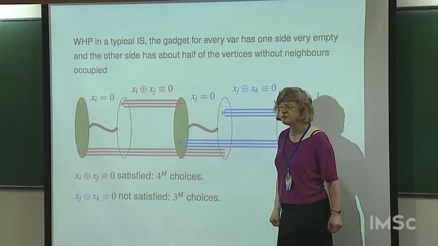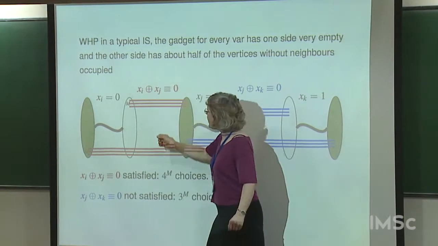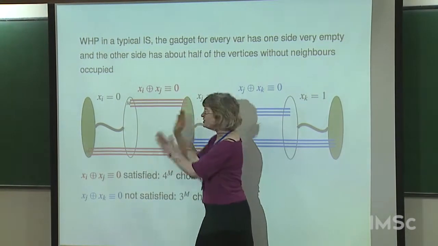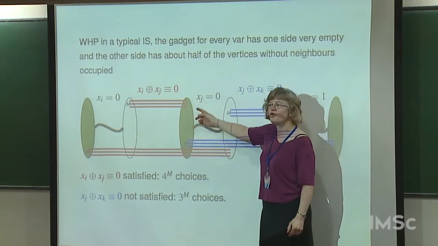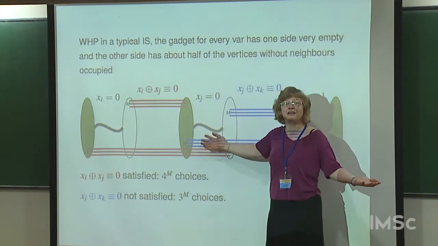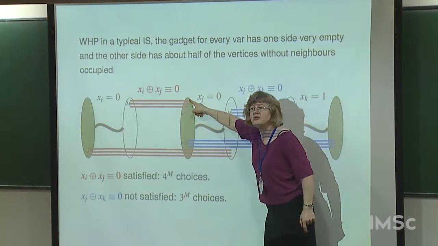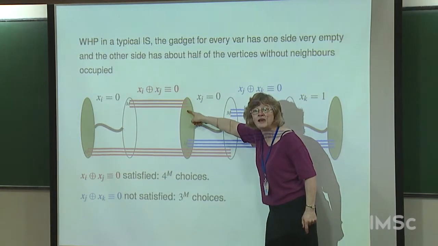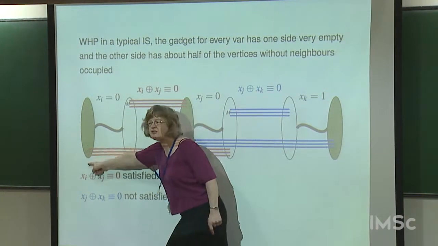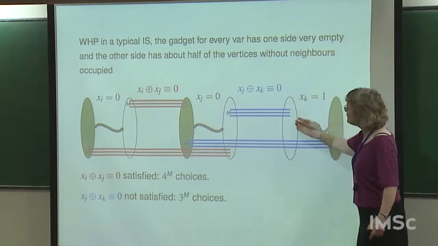Questions? Yeah, I got m edges here, and I got m edges here, and this side is out because the gadget is in that state. This side is out, and now I'm saying how many independent sets are there now? This vertex can be in or out. This vertex can be in or out. This vertex can be in or out. So I get 2 to the m choices there. And then again, I get 2 to the m here, so I have 4 to the m in all. Okay, but now let's look at